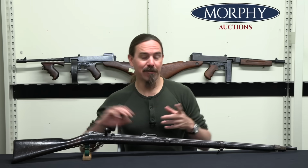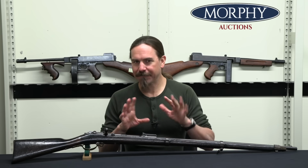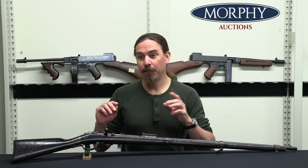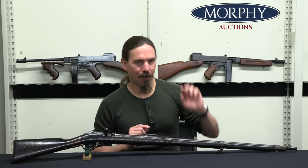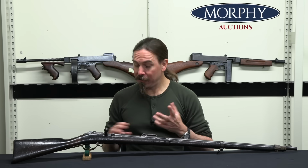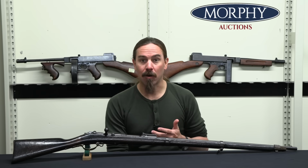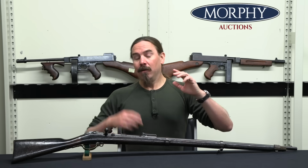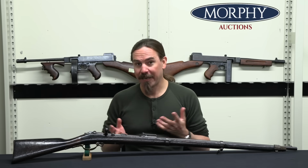While there's this big confrontation between the police and the crowd, the guys running the show recognize, okay, we don't want to push this. We like the police response, but we do want to actually keep these guns. So they start smuggling the guns out the back of the crowd while people in the front keep everyone occupied. They're dispersed, and ultimately, these guns become one of the most recognizable arms of the Easter Rising 2 years later in 1916. So, with all of that addressed, let's take a closer look at what they actually brought in